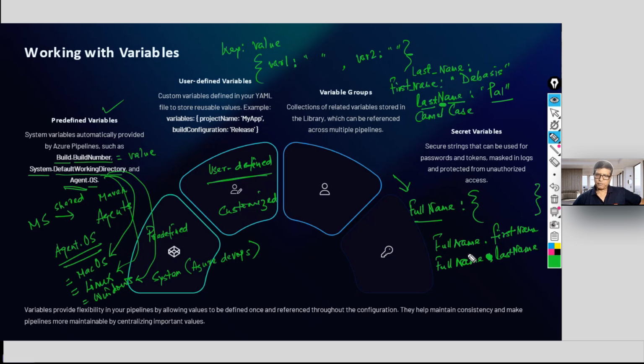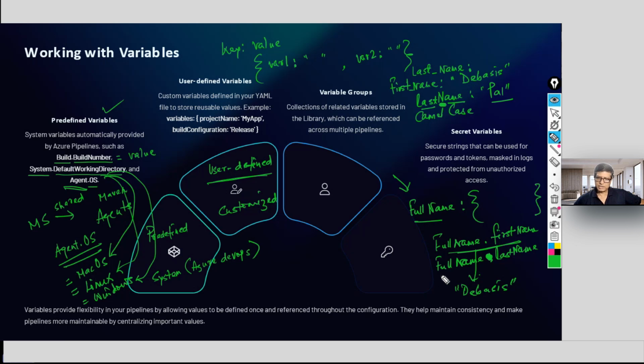Last name. So what will this return? What will this return as a value? What will be the value of this? It will be Debasis without the double quotes.